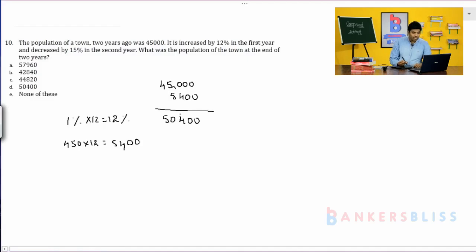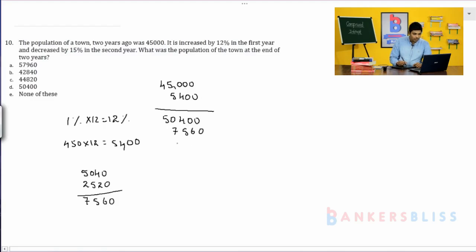For this 50,400, you have to decrease 15%. That is the decrease of 15% in the second year. So 15%: 10% means 5040. 5% means half of 10%. So 2 2s are 4, 2 5s are 10, 2 2s are 4, 2520. So after adding, how much are you going to get? 7560. So you subtract